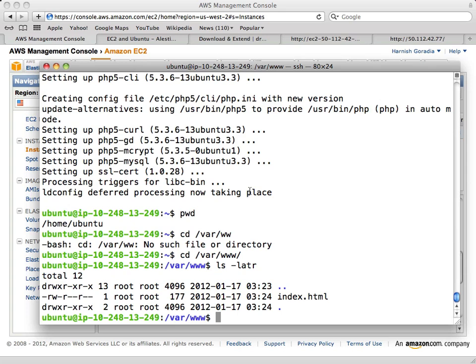I'm going to remove this. Let's see if PHP works first also. Okay, so we'll move to this, okay, this won't work.